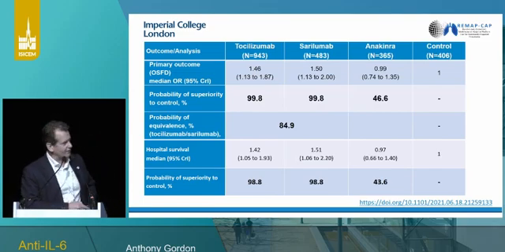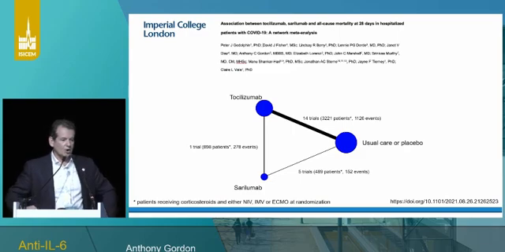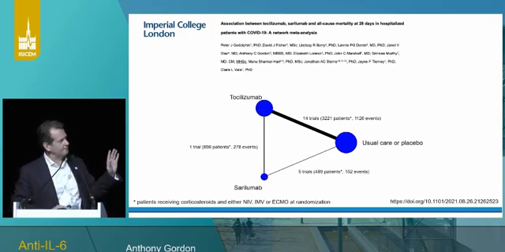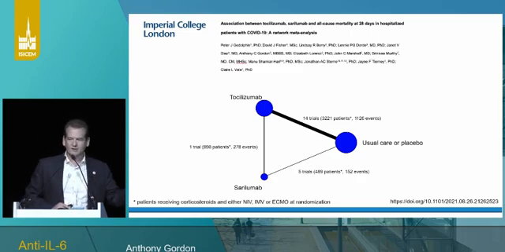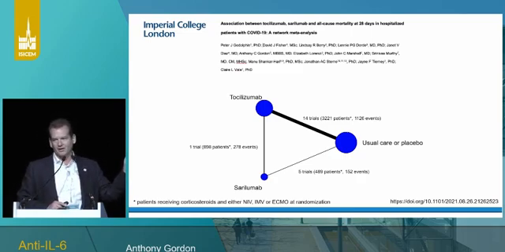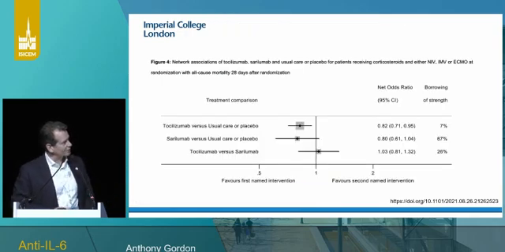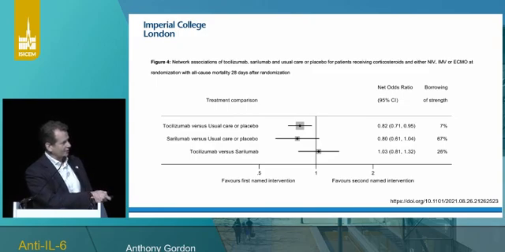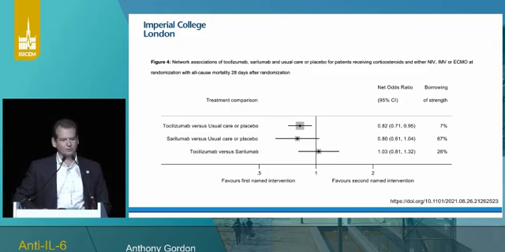And in mortality, a very similar signal. We've combined this data, updated that prospective meta-analysis. The WHO statisticians have taken this new data, put it in a network meta-analysis. Again, this has just gone online on medRxiv as well, went on yesterday, so you can look it up. And it compares the two, and you see very similar effects on mortality for those patients receiving steroids and either tocilizumab or sarilumab. And when you compare them head-to-head, the odds ratios are almost identical.